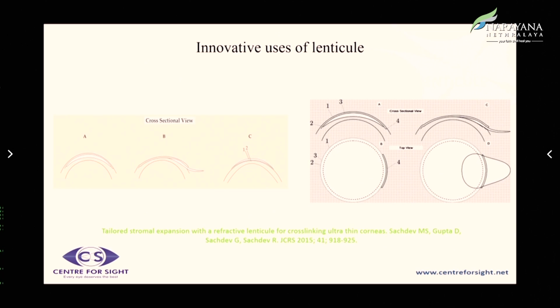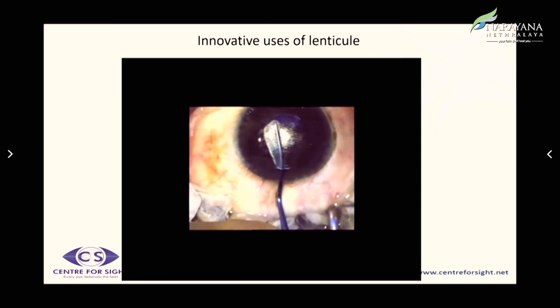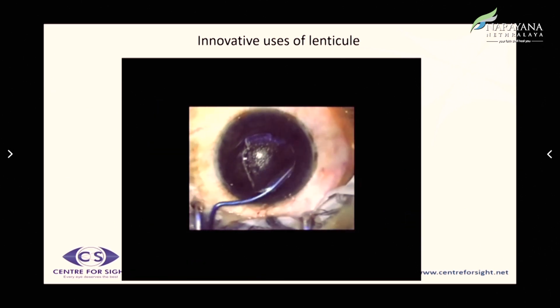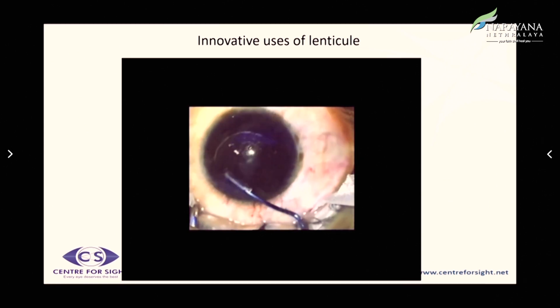And mind you, this is different from a contact lens, because a contact lens is a different material, and the UV light going through a contact lens would be different from that going through the stroma, which one can get from a lenticule patient. So we would do this. This is just to show you that you remove the epithelium, and you take a lenticule. Obviously, you need to be sure that the markers, HIV, etc. have been done, and then you take this lenticule out.